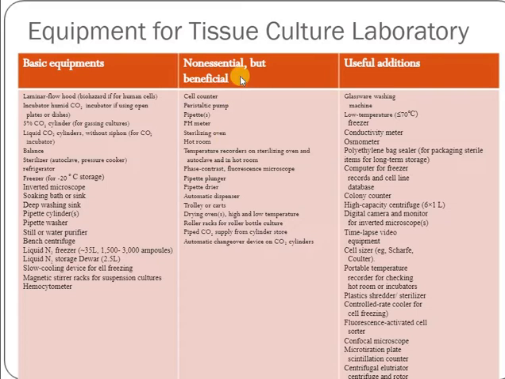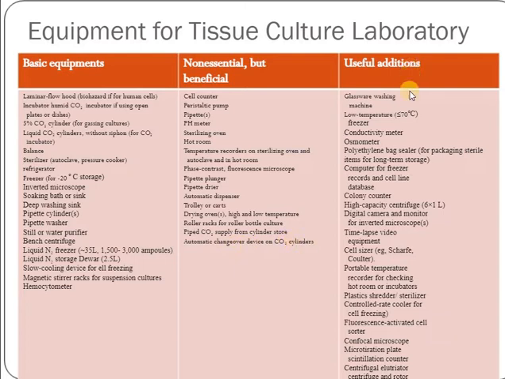Some of these are non-essential, but if they are present they can be beneficial. They are cell counter, peristaltic pump, pipette, pH meter, sterilizing oven, hot room, temperature recorders, and autoclave, and hot room, phase contrast, fluorescent microscope, pipette plunger, pipette dryer, automatic dispenser, trolley or carts, drying ovens, high or low temperature, roller racks for roller bottle cultures, piped carbon dioxide supply from cylinder store, automatic changeover device on carbon